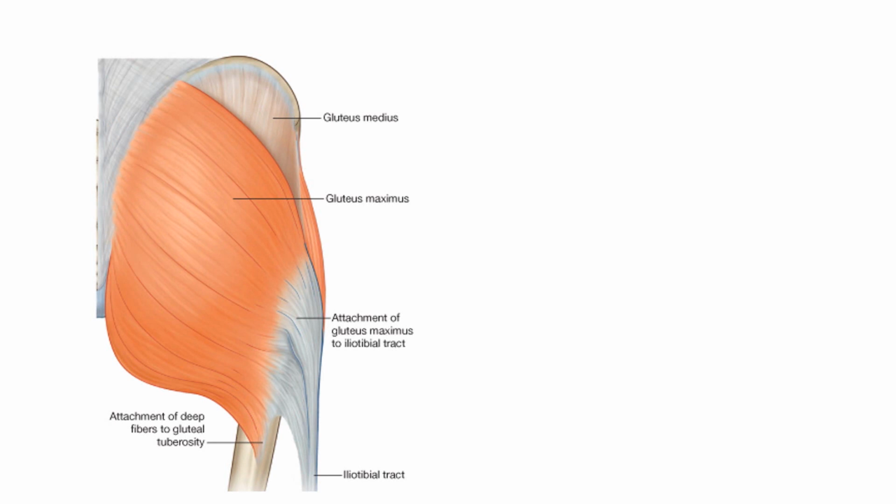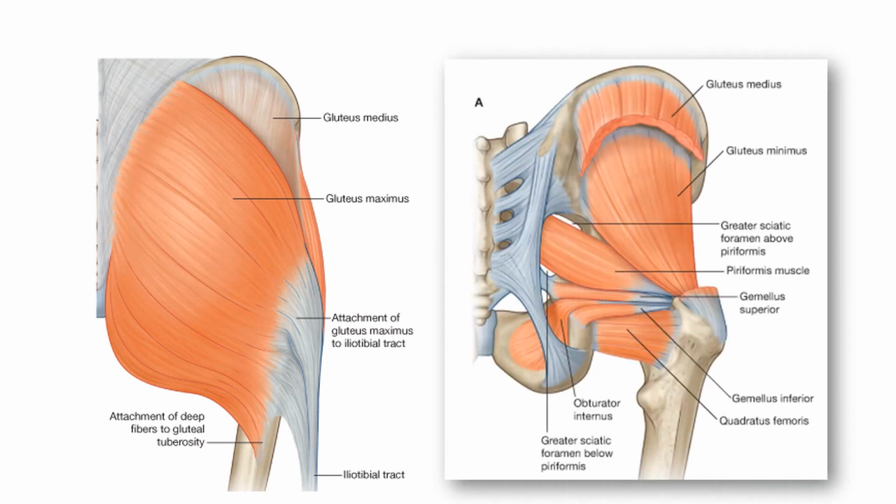To begin with, this is the picture showing gluteus maximus, which is intact. After removal of gluteus maximus, we see these muscles. This is gluteus medius, which is cut. This is the other cut end of the same. This is gluteus minimus below the medius. This is piriformis. Just below that we find tricipital tendons. These three are superior gemellus, inferior gemellus, and the intervening obturator internus. And this is quadratus femoris.